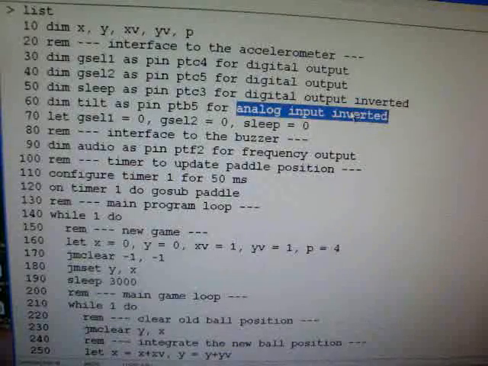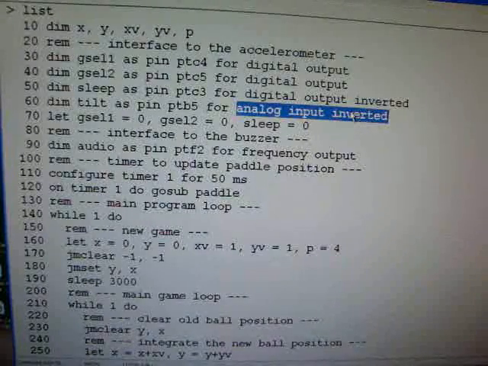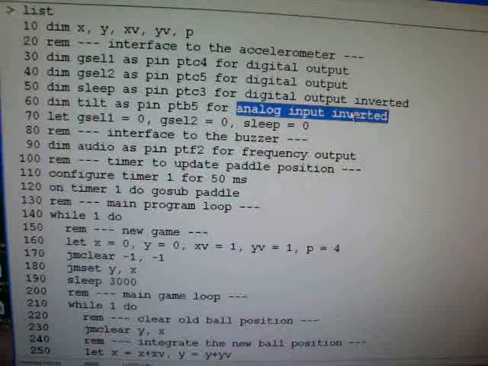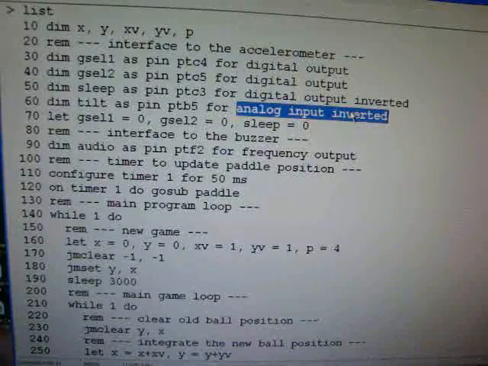Basically, analog input says, turn on the analog to digital converters and make sure they're running, and every time I access the variable tilt, make sure that I have the current value of the analog voltage on that pin in millivolts. Inverted basically says, what I really want is 3300 minus that value. So when the pin is at 0 volts, I want to see a value of 3300 in the variable tilt. When the pin is at 3.3 volts, I want to see a value of 0 in the variable tilt. It just makes the program flow a little bit easier. Anyway, so we've got the accelerometer